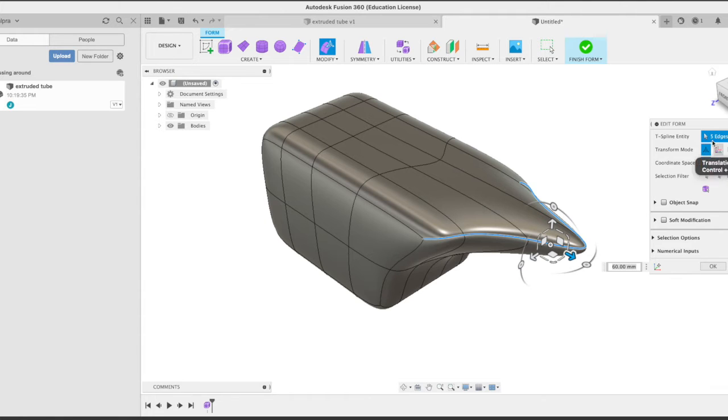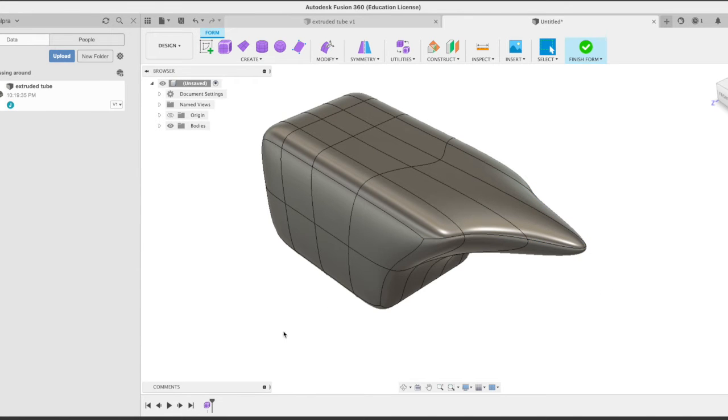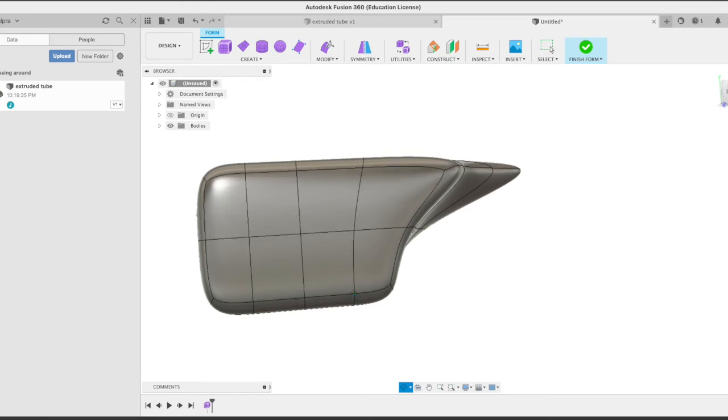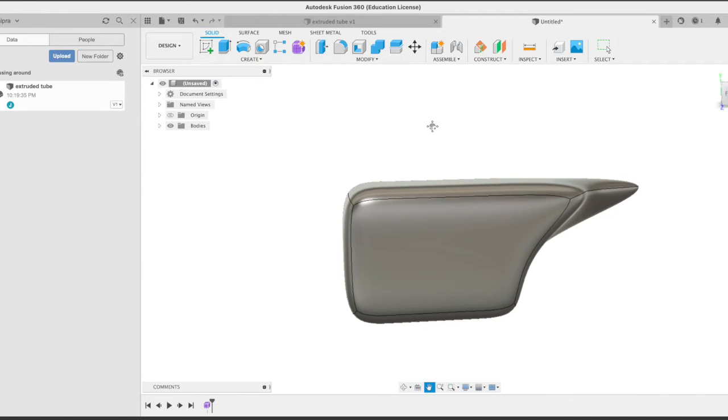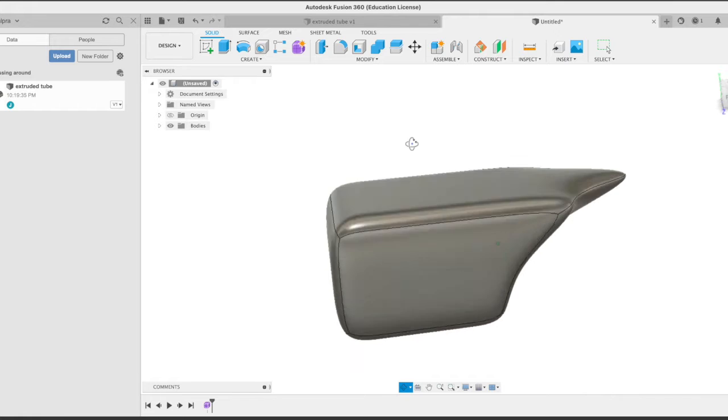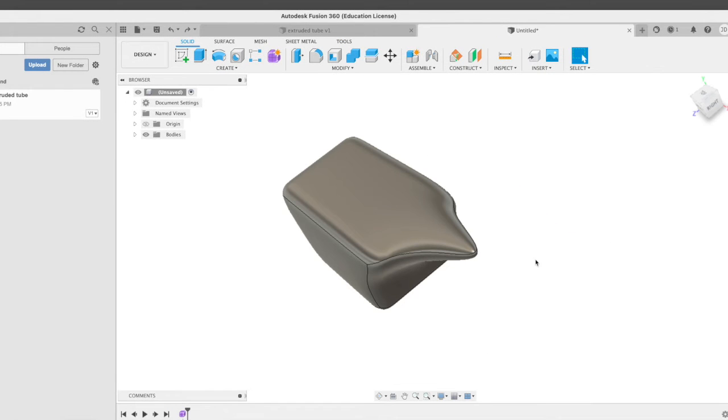So you can decide how you want it to work in different modes. Free for all is the middle one that I usually use. So hit OK. I can hit finish form, and then I come back into the regular design space,